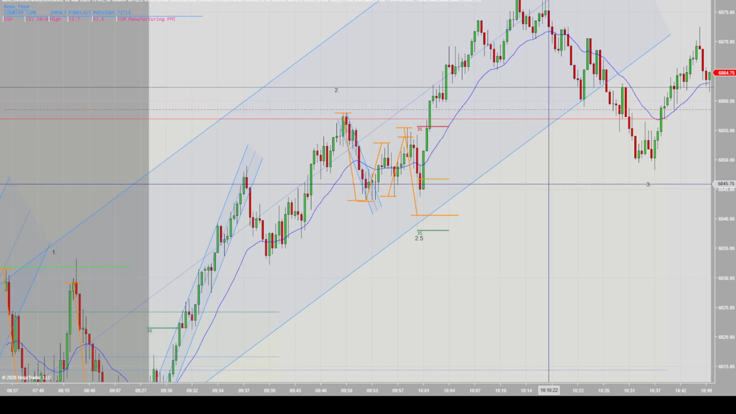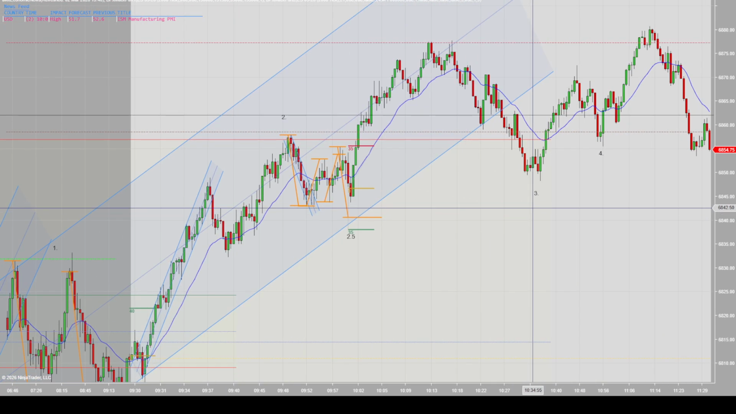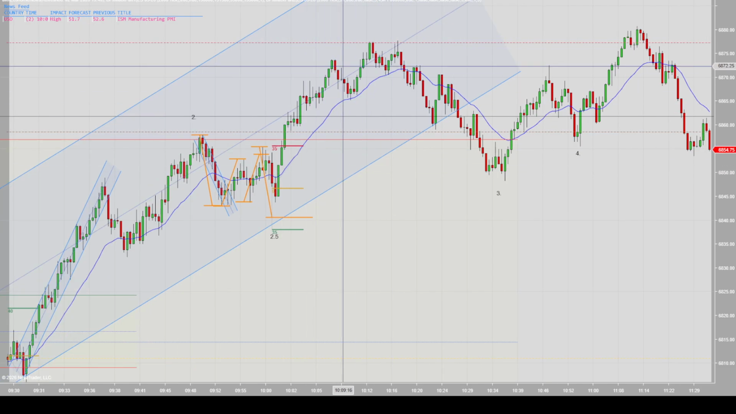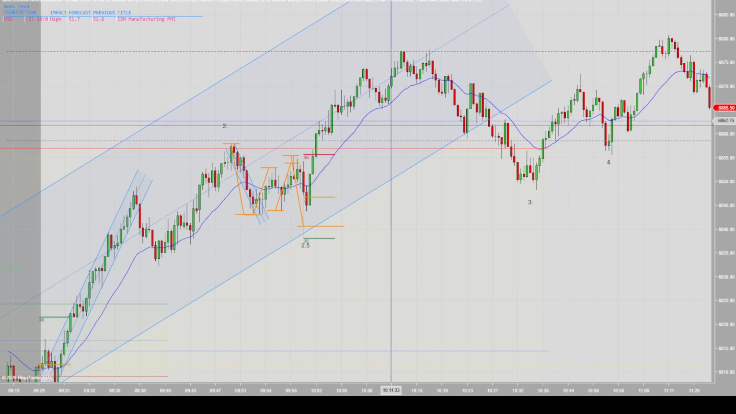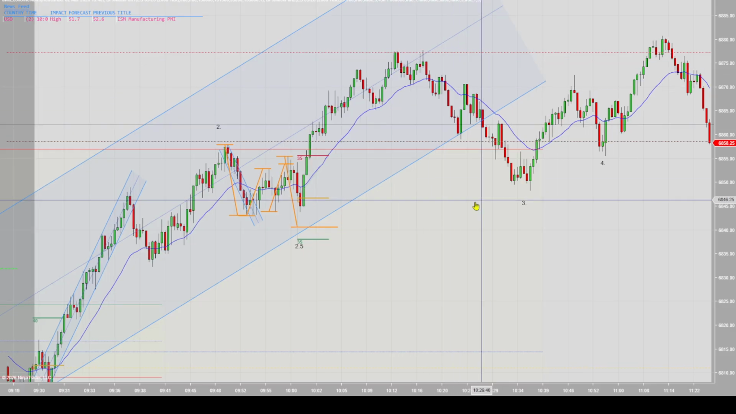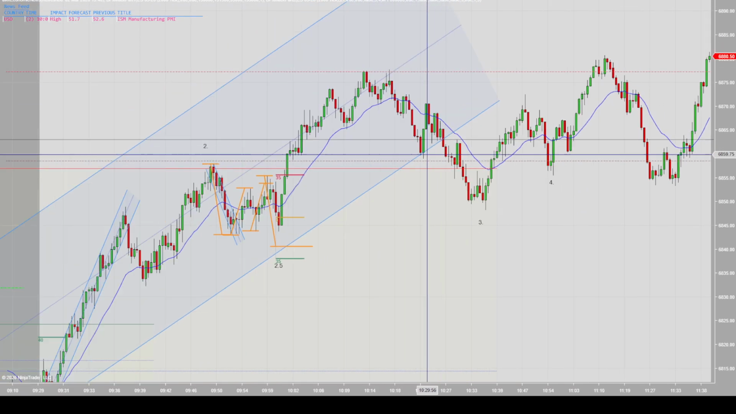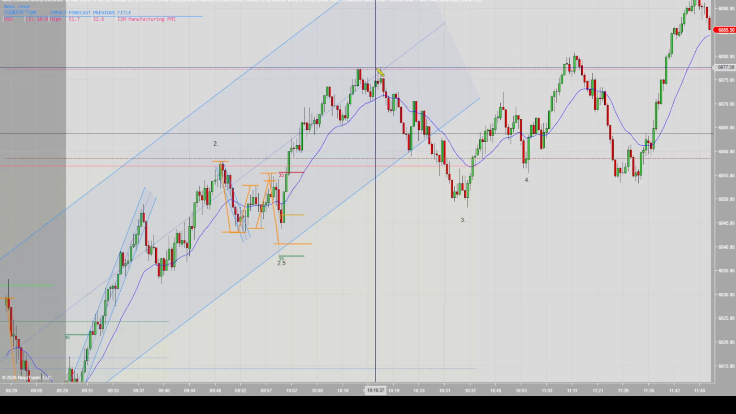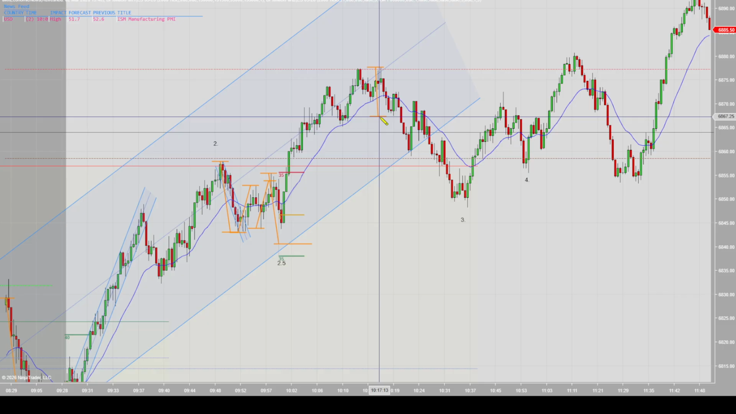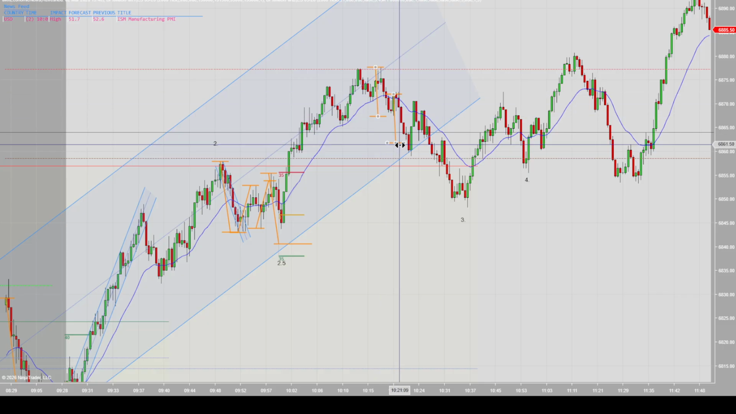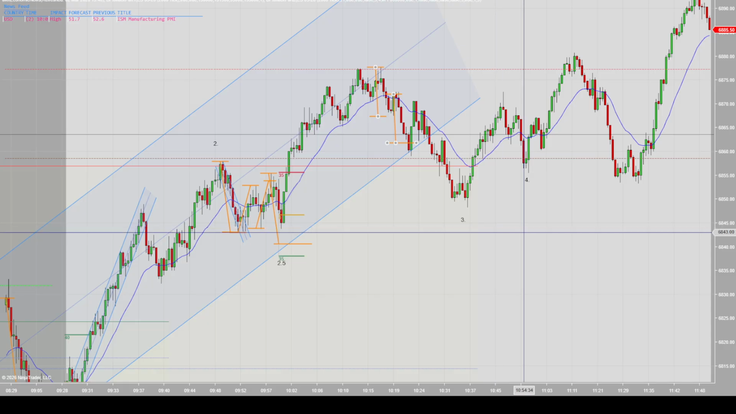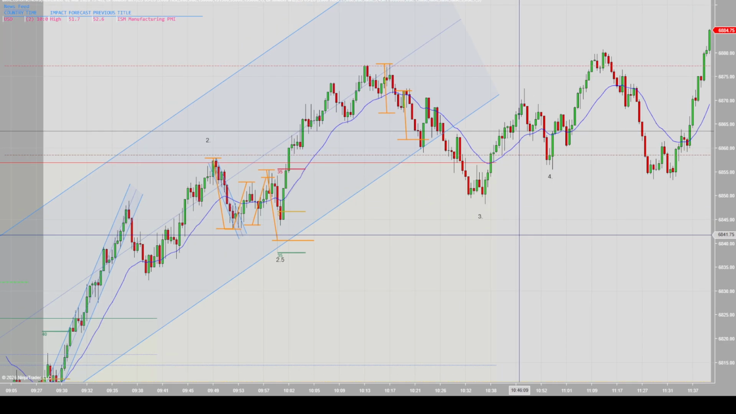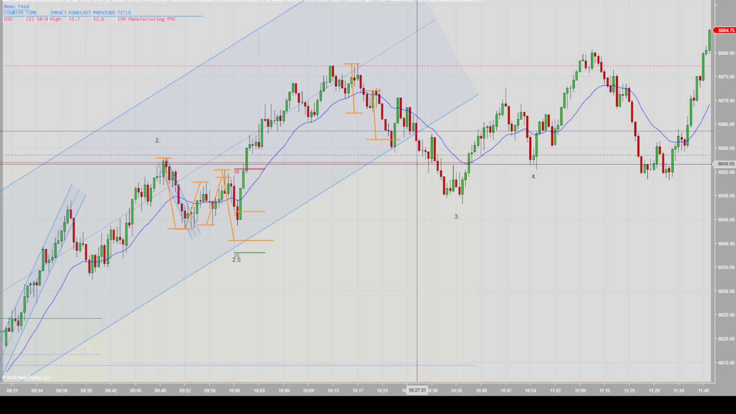So from there, push up. There's no two-legged corrections in here, so you're just kind of waiting. And then you get two legs here, and this also looks like a very tempting area to get long, but